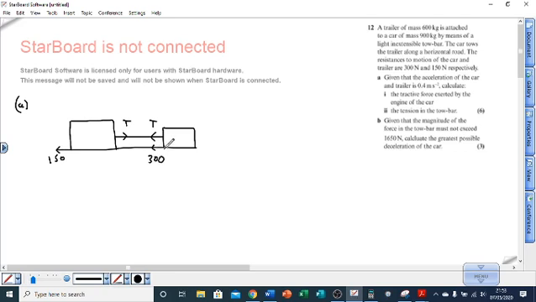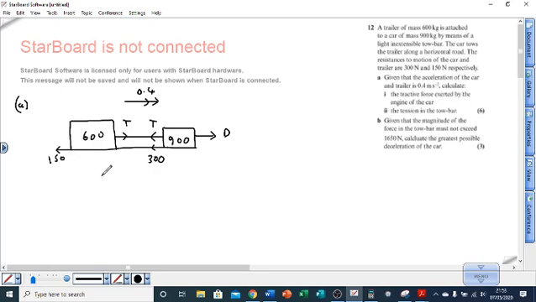This one is 900 kilograms and this one is 600 kilograms, and you've got acceleration of both of 0.4, and you've got a driving force here, D. Given the acceleration, calculate the tractive force